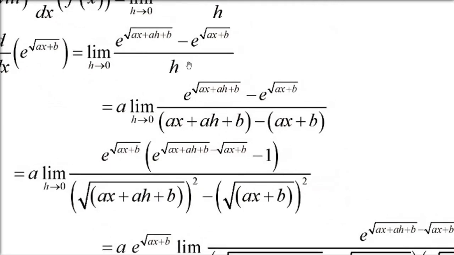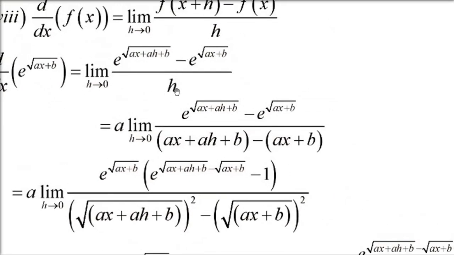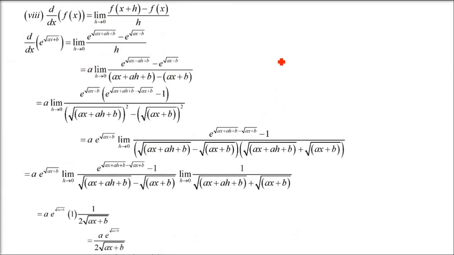Now what you will do? You have to make this h similar to what we have done in the previous question. So h, I am writing it as h. So you have ax plus ah plus b. So you just add this, a add here, multiply here, and then assume it to be k. So I am just putting it like k, just not to write it again. So ax plus ah plus b. Ax you have to add, so subtract also. And ah you have, then b also is there, so you add and subtract b, so that it looks like what we have in the numerator. So now we have this term.